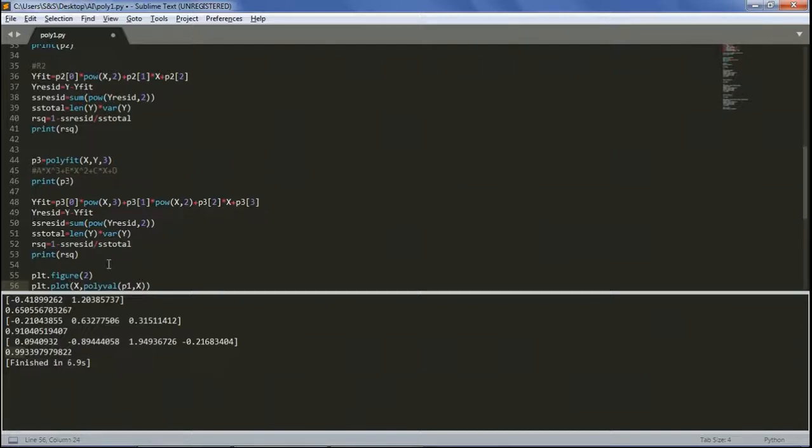And I use this type of line for this, and I added some label for it. Label equals to first order